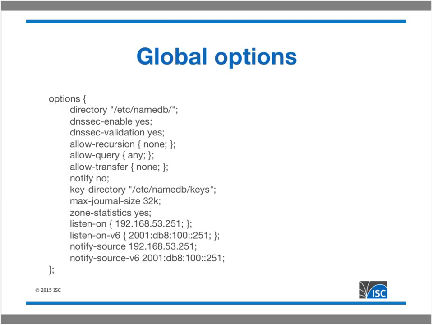And I suspect, again, at this point, that any notify configuration is going to be done at the zone level. Key directory. Okay, so here I have /etc/named/db/keys. So, okay, I have DNSSEC enable, yes, and I have a key directory. This is sort of pointing out to me that, okay, I now know this is an authoritative server, and I suspect that this server is DNSSEC signing its zones because I have the key directory and I have DNSSEC enable